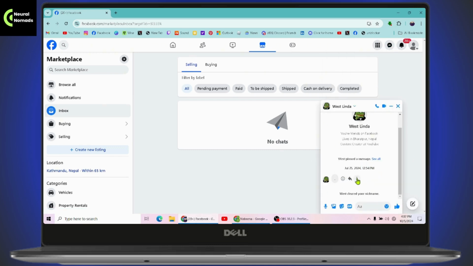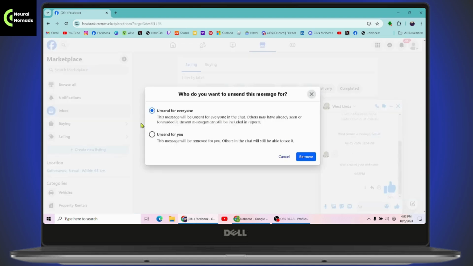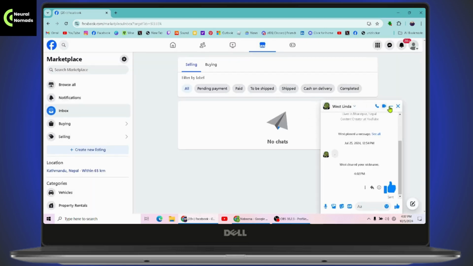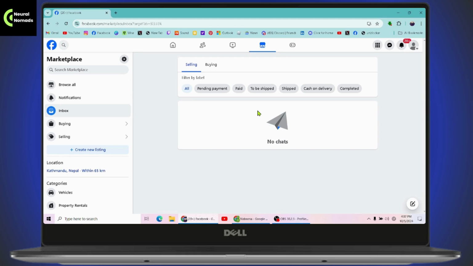Once you have that, here you will have a 3 dots icon on the right side. You just need to click on the 3 dots on the message that you've sent, and you will have an unsend or remove option. You can simply unsend for you or unsend for everyone, and then you'll be able to remove the chats like this. So that's it. In this way, you'll be able to delete a